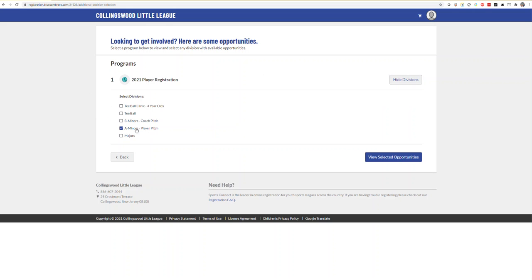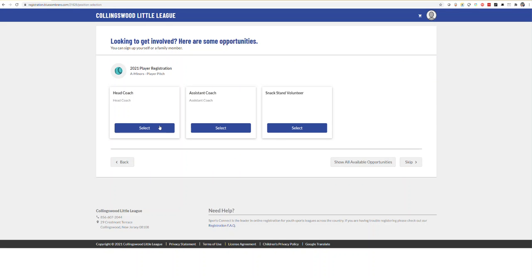In this case here, I'm going to make a selection for the A minors coach pitch, and then select the opportunities that we have. As most of the head coaches have been assigned already, feel free to volunteer as an assistant coach, but if there's a need for a head coach, please step up and be a head coach. It's not very difficult. If you know baseball, especially at the lower levels, it's a lot easier because you're just teaching the fundamentals. But I'm going to make a selection for the assistant coach in the A minors, and then